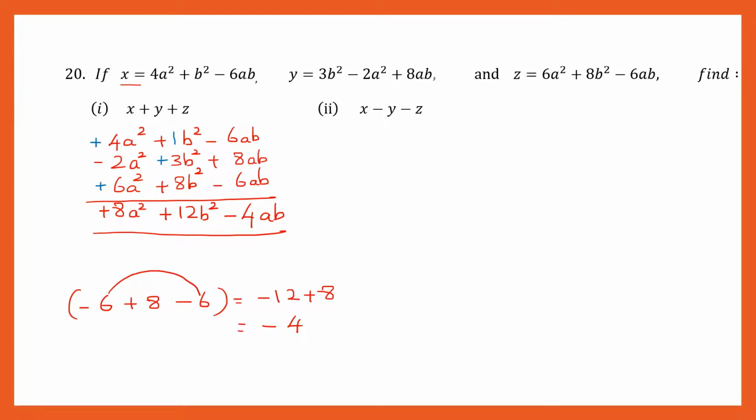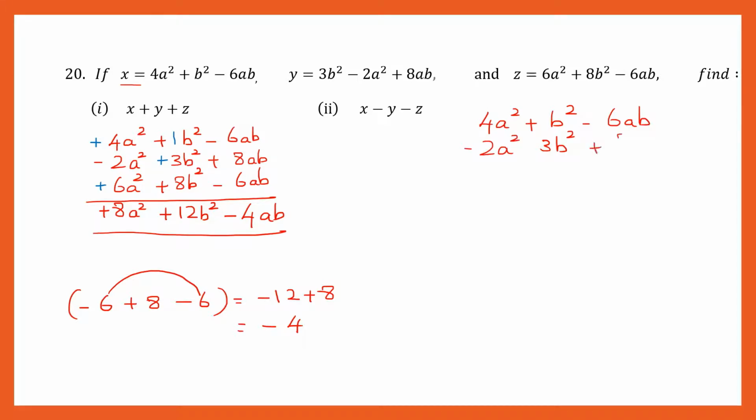Let's do the second part. X minus y minus z. So let's write down x. X is 4a square plus b square minus 6ab minus y. So let's write down y first. 3b square. So that is b square. 3b square minus 2a square